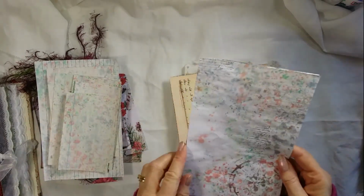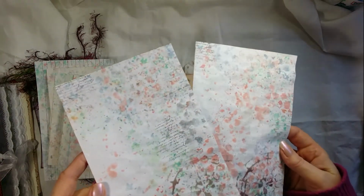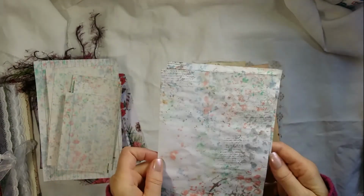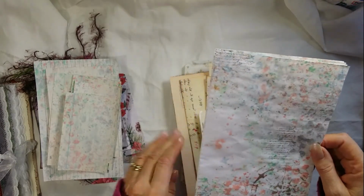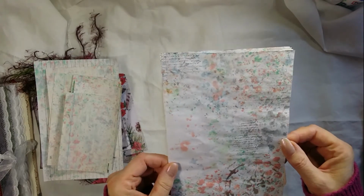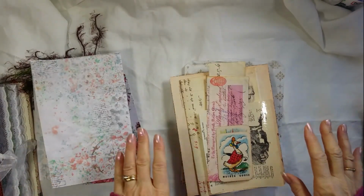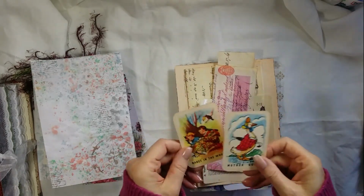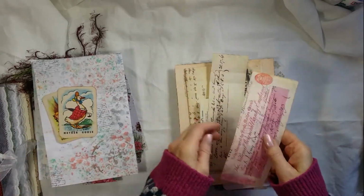I've also included 2 spare pages, again that's got the shimmer on it. I don't know whether the camera can pick it up, but you can either make it into more journaling booklets or back it on the back of tags, fold it up, put it in envelopes. Lots of things you can do with that. And then 2 original children's playing cards,